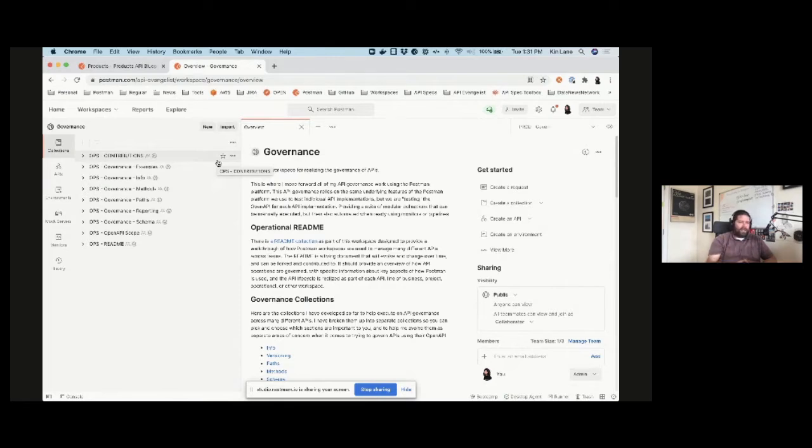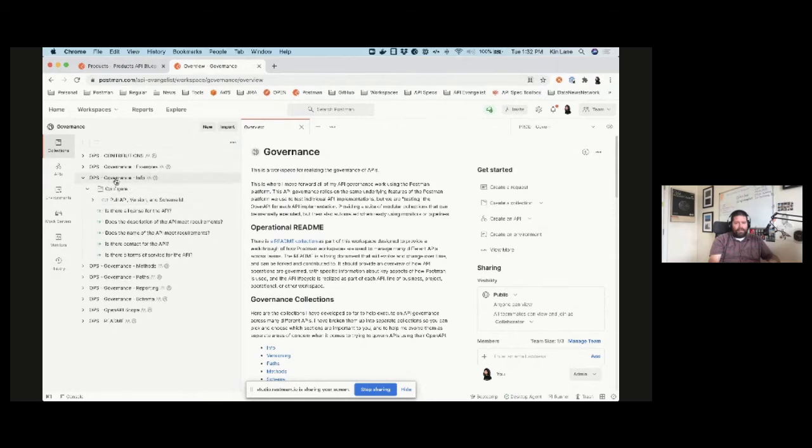But instead of testing APIs, I'm just using the infrastructure to govern APIs, and I'm going to be pulling the Open API for a specific API, and then using that Open API to answer a bunch of questions or run a bunch of tests to make sure it's all working as expected. So I've got them organized into different collections here. I used to have it as one big one, but